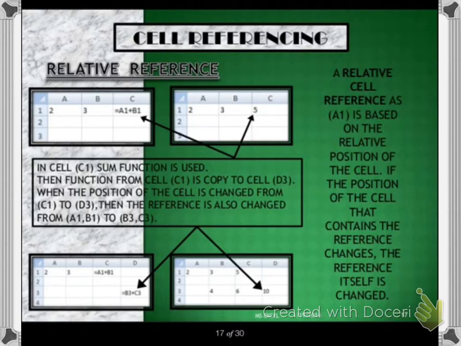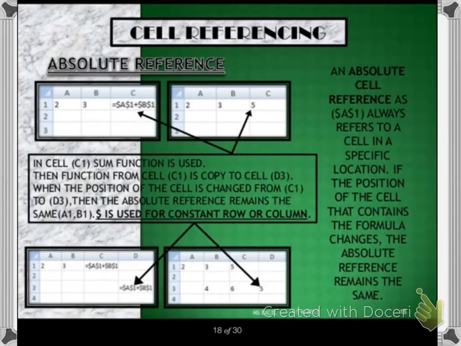Like A1: if we write A1 plus B1, it will return 5 because it is adding the values of the A1 cell and the B1 cell. So A1 plus B1 is an example of relative reference, where cell addresses are referred to do the calculation.